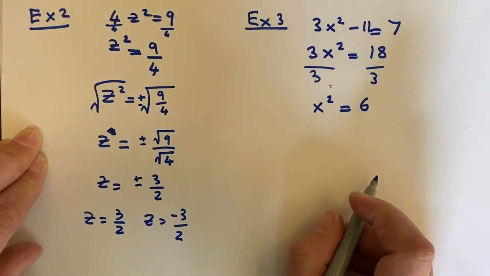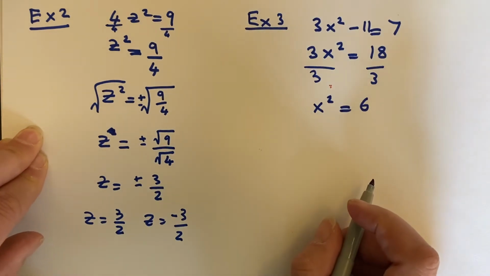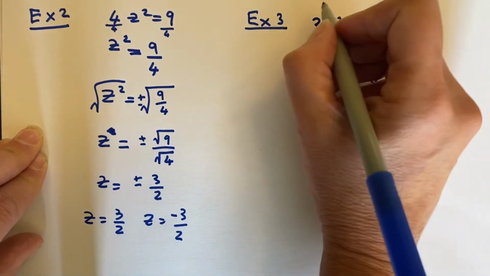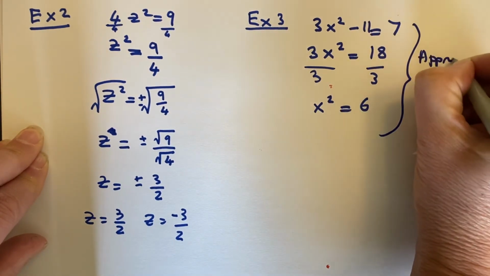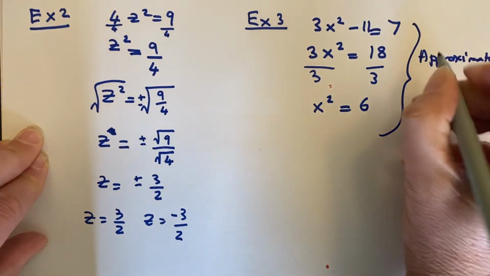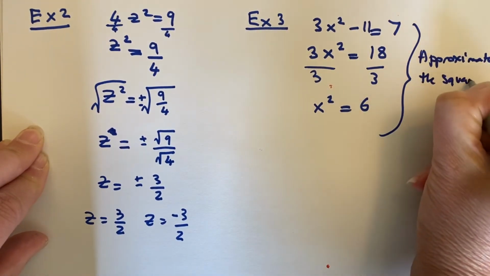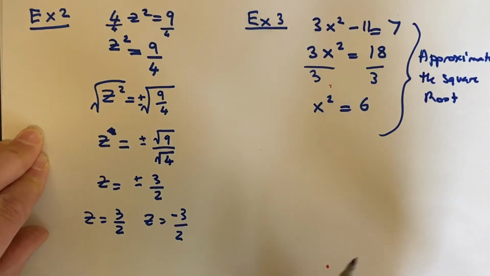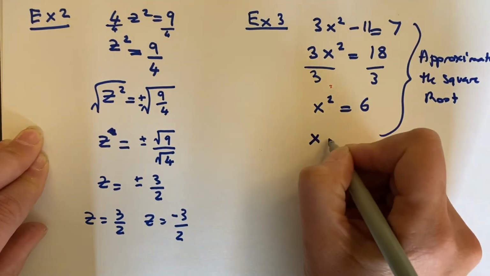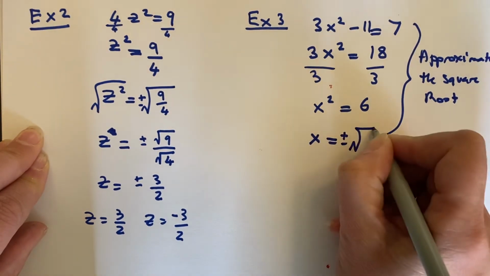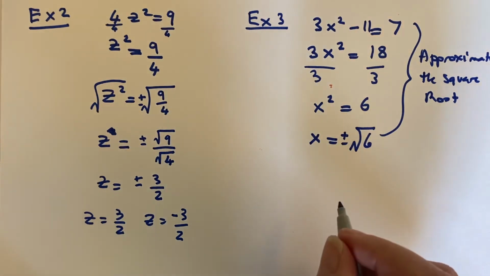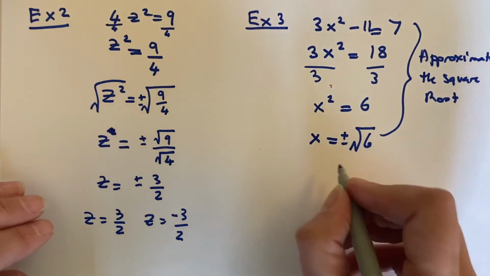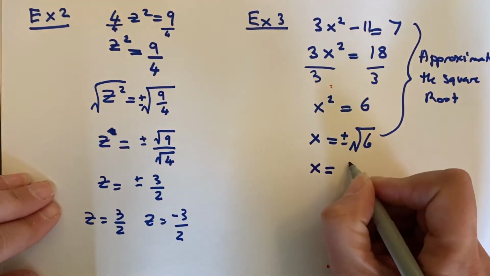That's kind of a bummer because 6 is not a nice, easy, round number, which is why this is about approximating square roots. We're going to approximate the square root. Well, I can say x equals the positive or the negative square root of 6. But I still don't know what the square root of 6 is. Well, if you play around with this on your calculator and you go out to the hundredths place, you'll find out this equals plus or minus